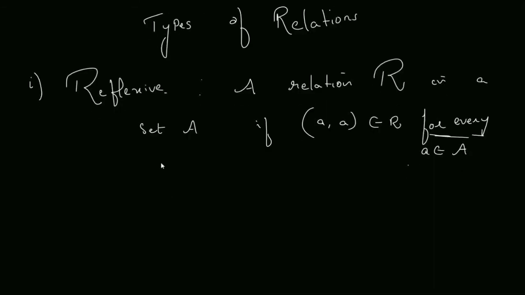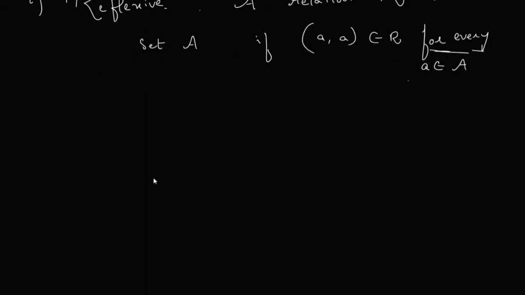So this is pure maths. In pure maths, these words, there exists, or for all, such that, are very important, and if you change them, then it will change the definition itself, or sometimes it will change the property itself. So these words in pure mathematics are very important. So for every, for all. So for every a belongs to A, if the ordered pair (a, a) belongs to R, then that relation is called reflexive.